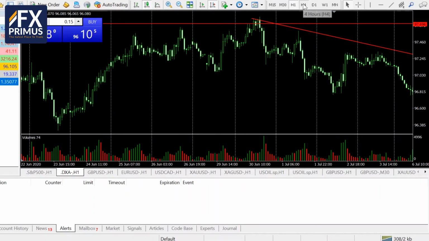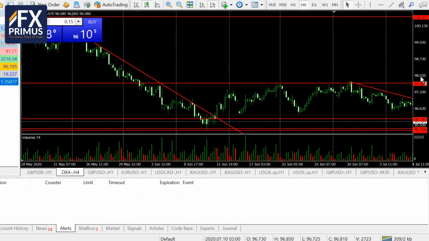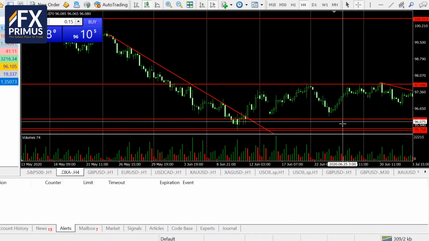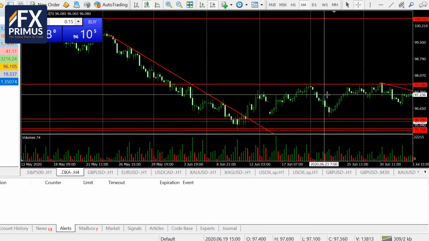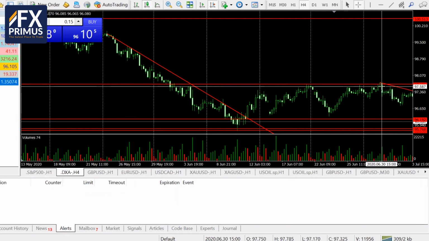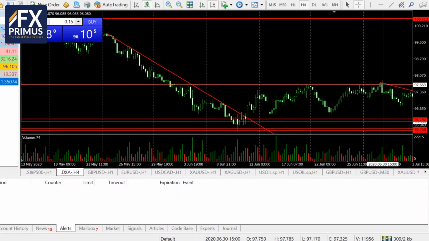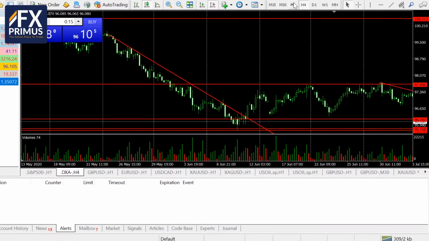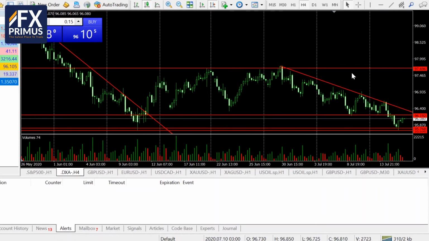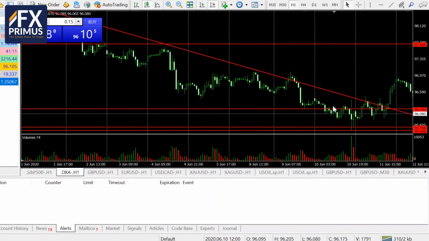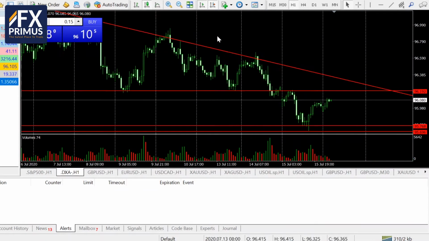Even on the 4-hour charts, it was showing us again that it was in a consolidation phase, and on the 30th of June it was towards the resistance levels of the consolidation phase, and then after it started to move down. So the US dollar has been bearish for a while,